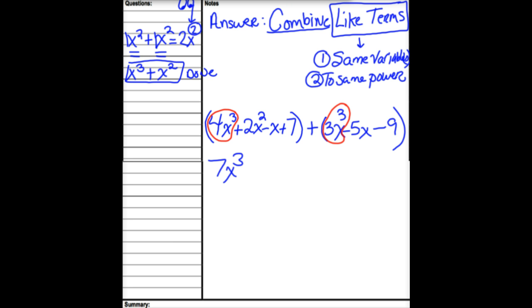Notice that that is not a 6. We do not change those. We keep them the same. Then I'm going to go to my next set of like terms, and my next highest power is this 2, and it has no like terms to go with it. It has no friends, and so it just gets written as is